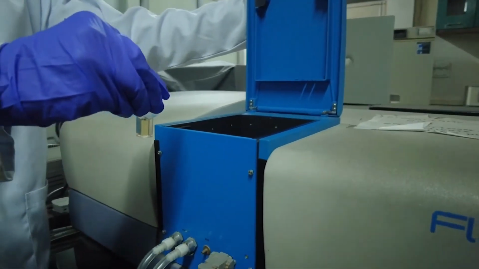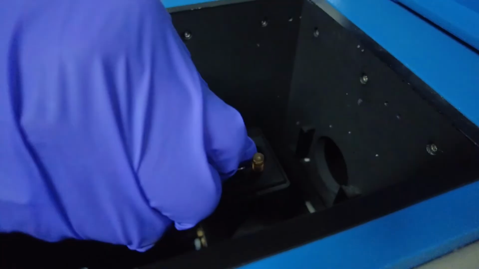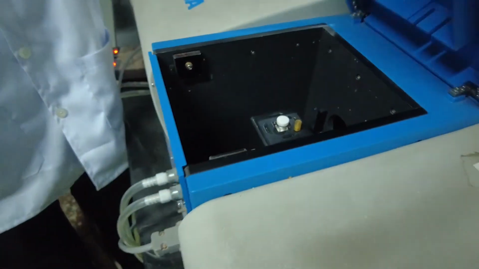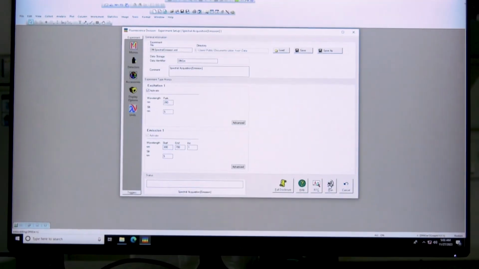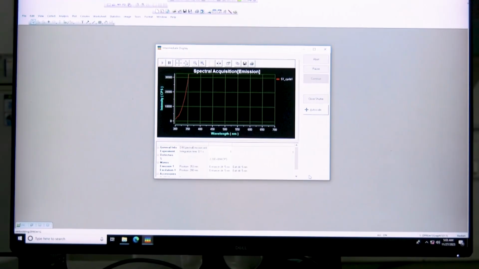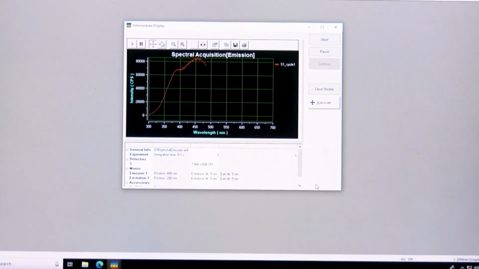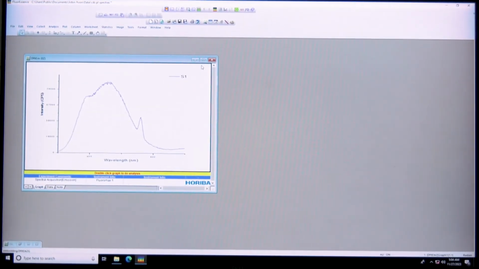Place the cuvette in the sample holder. Press run to measure the PL spectrum. You can see the PL spectrum for the carbon dots synthesized using the microwave assisted method on the screen.